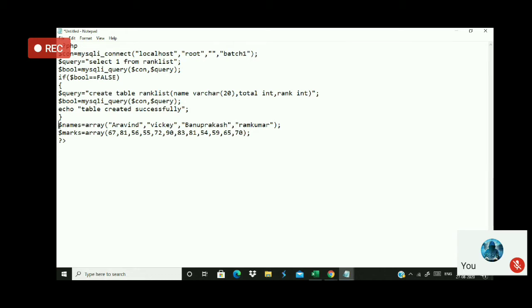What is the next step I have to do? Anyone? Pavitra, are you connected, ma? Yes, sir. Pavitra, what should I do, ma? The next step. Now I have to accumulate these values, isn't it? I have to sum up all these values.